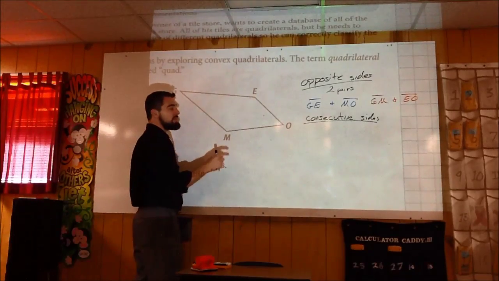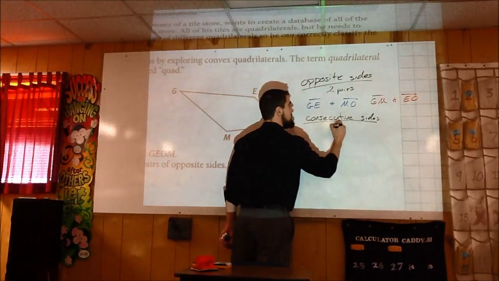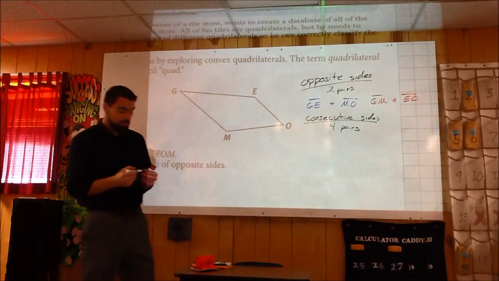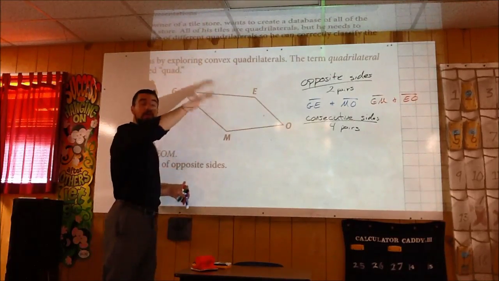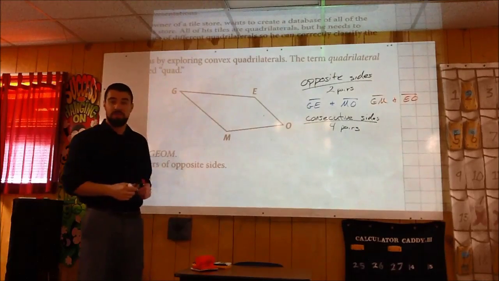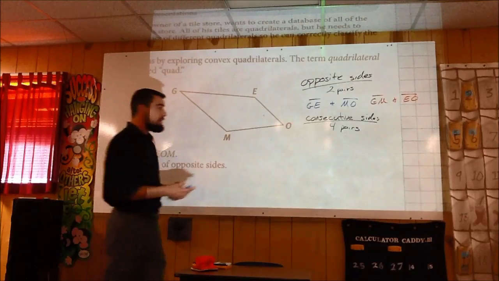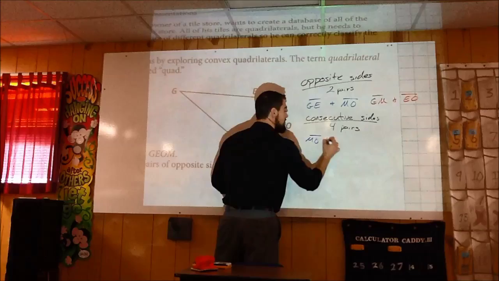So what you need to do, in order to identify the consecutive sides, there are 4 pairs of consecutive sides. Every single quadrilateral has 4 pairs of these. You need to start at one side and then go either counterclockwise or clockwise around your shape, and just list the sides that are next to each other. So if I wanted to start here at segment MO, let's say I'm going to go